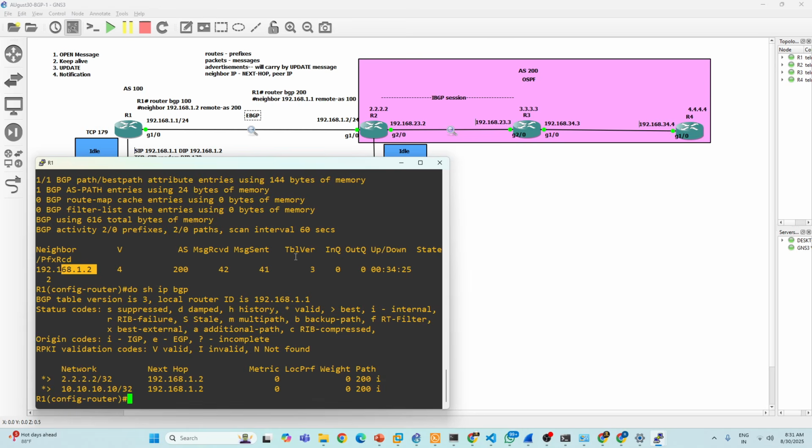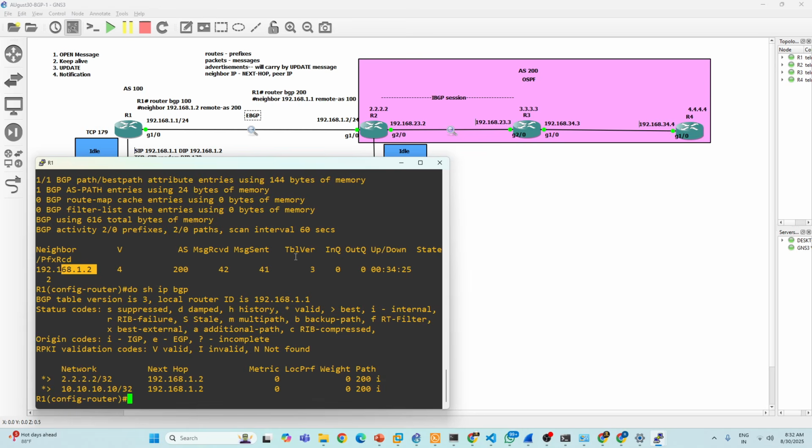For route reachability, because BGP uses TCP, and how TCP works is that if you have reachability to the destination, then it will start sending a SYN packet to establish a connection. If there is no reachability, TCP cannot work. So just for reachability, we use OSPF.